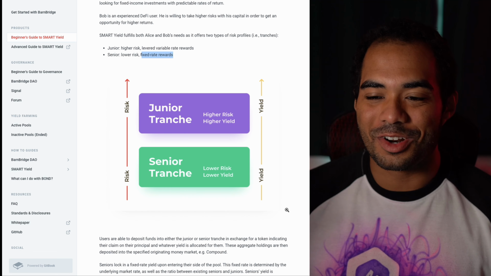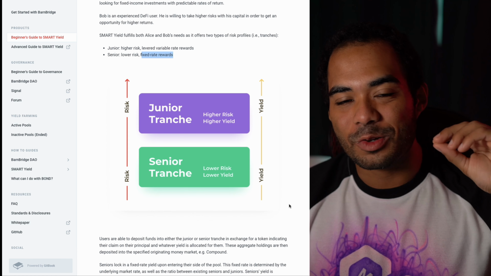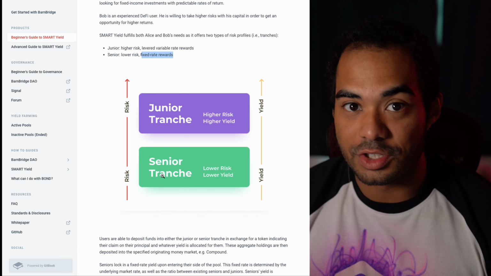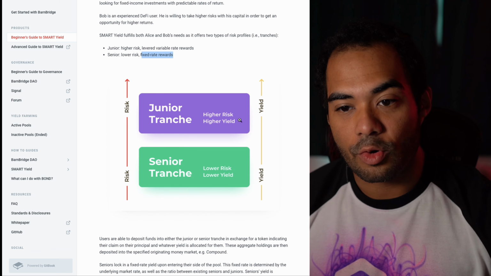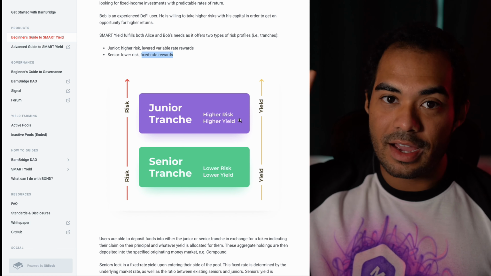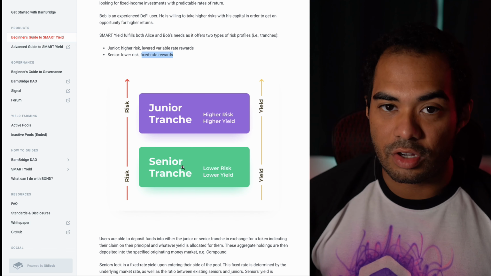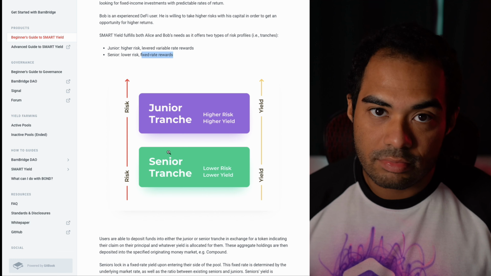I keep on saying the word tranche. It's so fun. Technically, those junior tranche positions are subsidizing what the senior tranches are getting. Because it's higher risk, if the APR does drop quite a bit and you're involved in one of those junior tranches, then you're not going to be getting a high reward anymore. A good amount of your reward is going to be going to the senior tranche to make sure that they're getting that fixed APR that BarnBridge pretty much guaranteed.